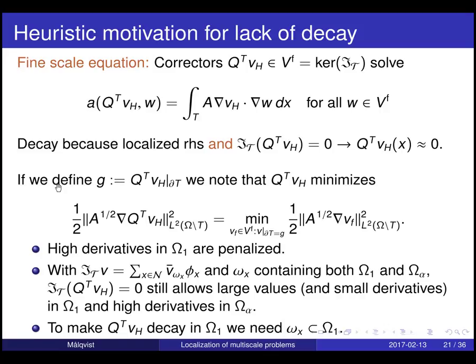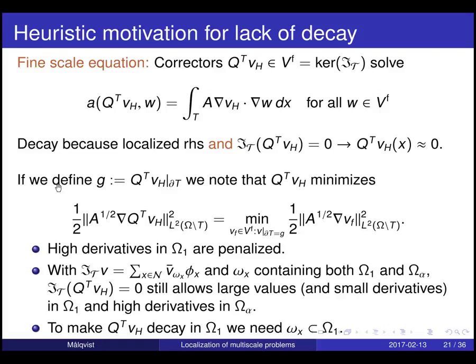And this is now a heuristic motivation why, based on our experience in numerical simulation. So let now G be the solution of the function on the boundary of the triangle. So we have some data G on the triangle, and then we have a homogeneous Dirichlet condition far out. And then we want to solve this problem, and we view it instead as the corresponding minimization problem. So we want to minimize this energy. The right-hand side is zero now because we look outside the triangle. There's no data outside in the right-hand side. So we look at this minimization under the constraint that we are in this fine scale space and